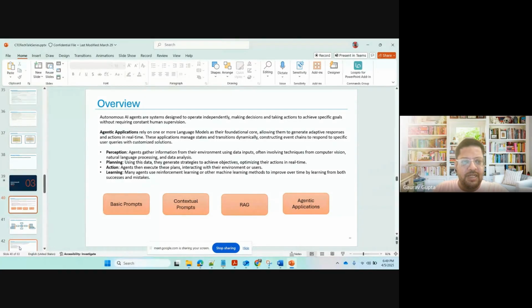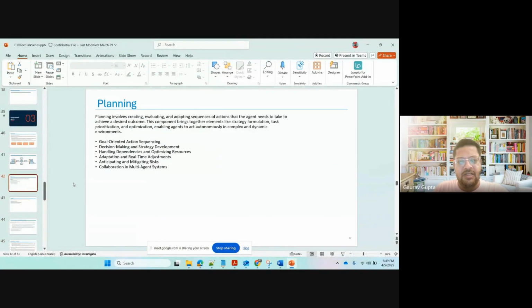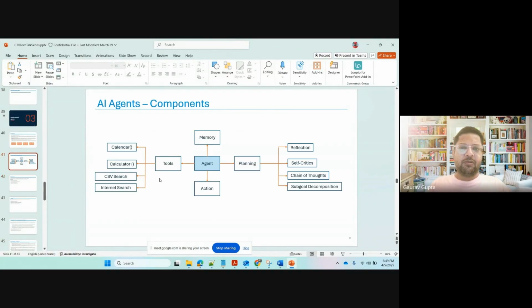How do we build an agent? What does it take to build an agent? What kind of framework do we need? What kind of coding do we have to do? Okay, let's talk all about that, right? So from a steps perspective, we are going to talk about these 4 steps.